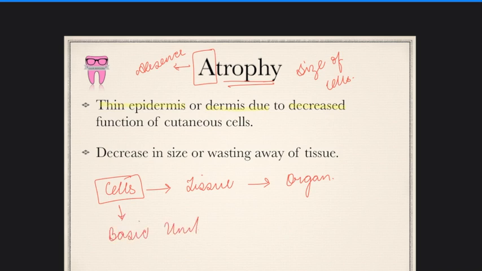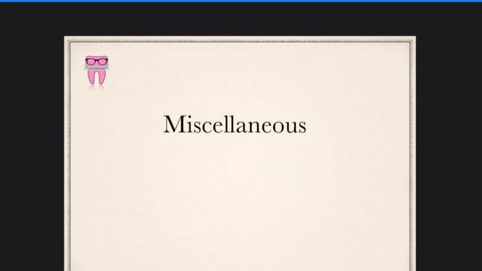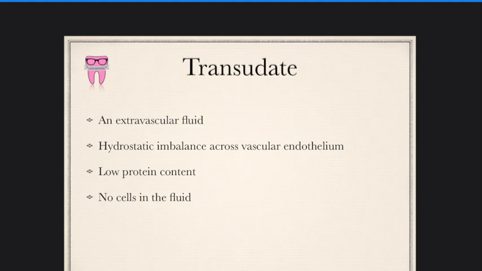Okay, so if there is some abnormality in the cells, then obviously the tissue will be abnormal, and then the whole organ would be abnormal. So defective cell size can cause wasting away of tissue. Okay, coming to the next terminology, we have miscellaneous terminologies which are different from the clinical terms. They are associated with the lesions. So first we are going to study, the first is not a lesion, it is a terminology used to define